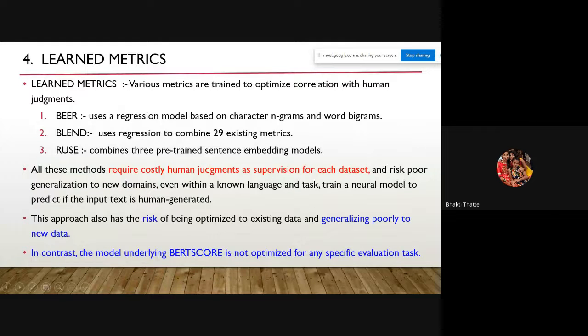Then learned metrics. Various metrics are trained to optimize correlation with human judgment. These are BERT, BLEND, and RUSE. But these metrics need costly human judgment as supervision for each data set, and they also exhibit the risk of generalizing poorly to a new data set. This is because they need human judgment intervention here. However, BERTScore is not optimized for any specific evaluation task, and hence it gives a qualitative output and maximum